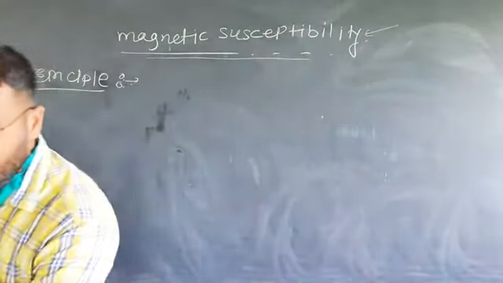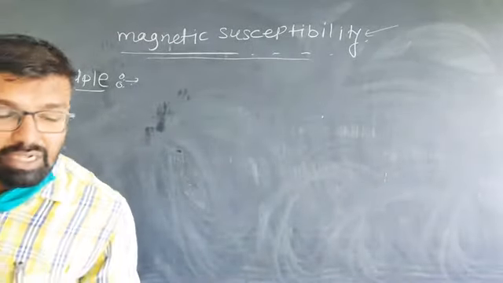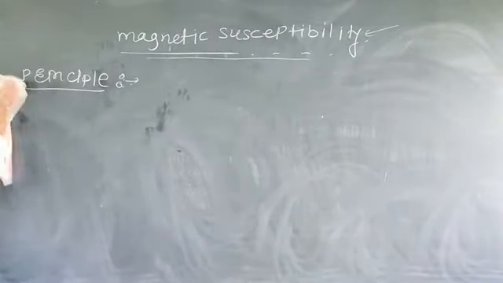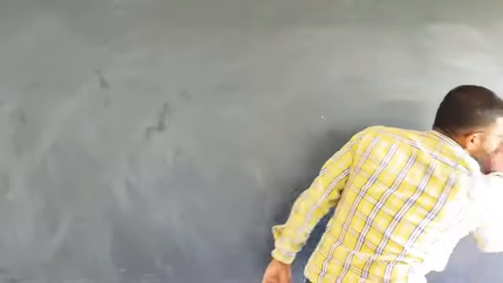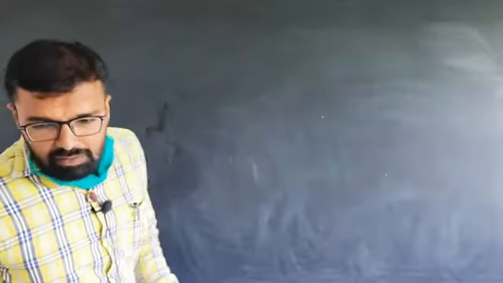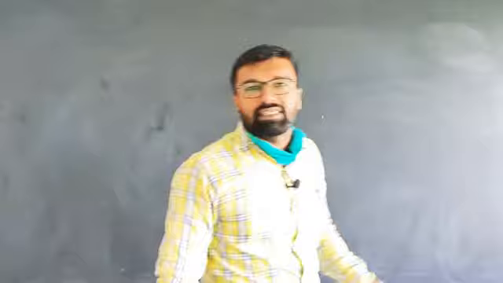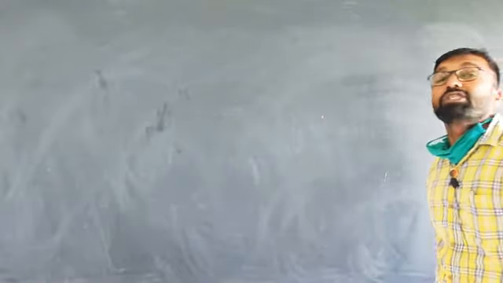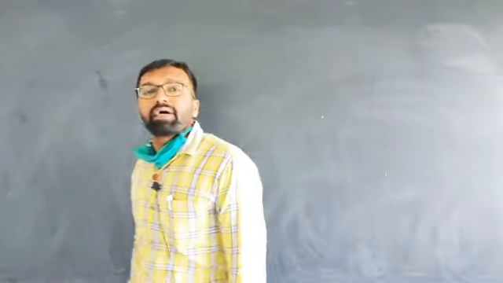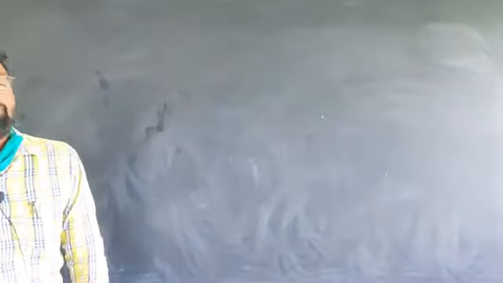So in this lecture we want to study the Gouy method. What is the Gouy method? The Gouy method is a simple method which is used for measurement of magnetic susceptibility of a particular substance. This Gouy method has some advantages and some disadvantages. Each and every method has its specific advantages and disadvantages. But this one is the most useful, popular, simple and non-destructive method for the measurement of magnetic susceptibility.